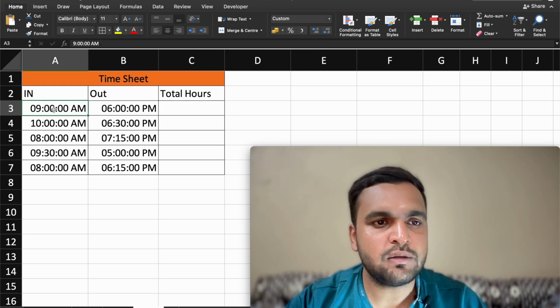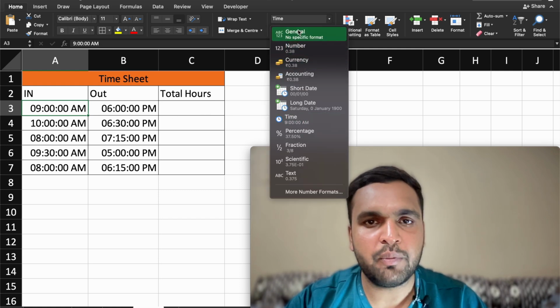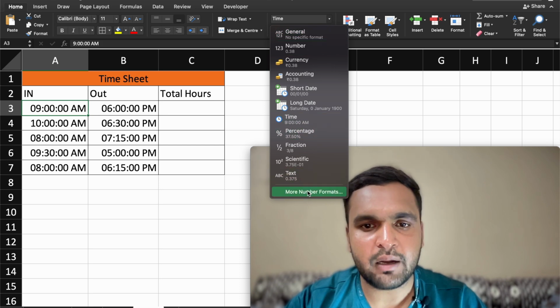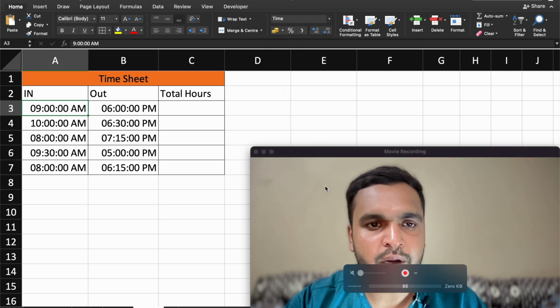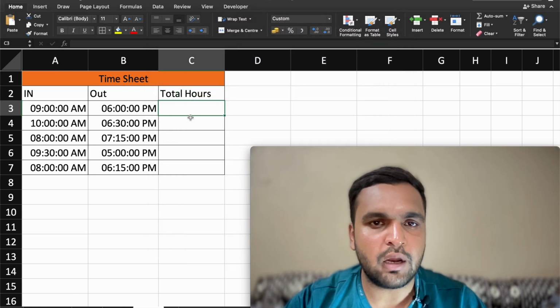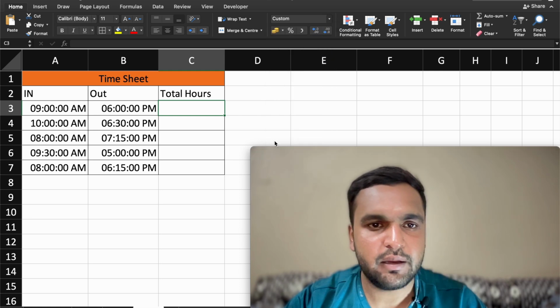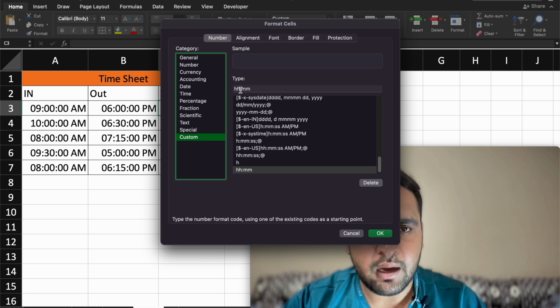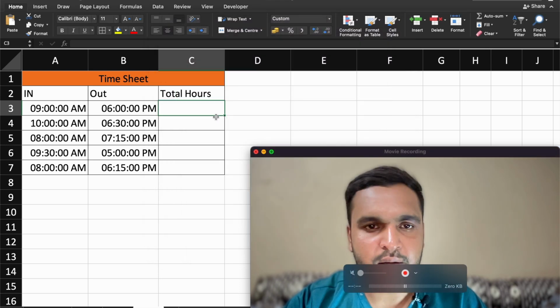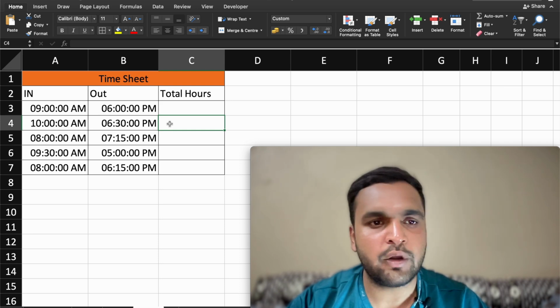So to convert this, first of all we have to change this into a time format from the number format. Here I have already changed the format into a time format. And to calculate this total hours, what I did is I just created a custom number format here, that is in hours and minutes. And to calculate the total hours based on the in and out time, what I'll do